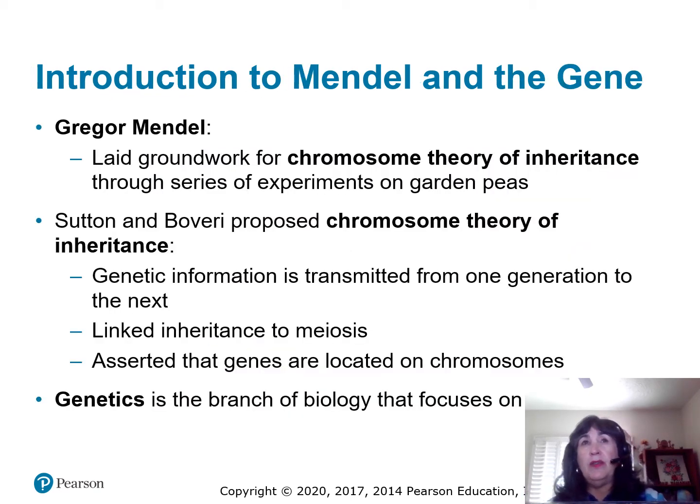Gregor Mendel is the father of genetics, and he always gives me hope because he was a man that had not succeeded in many areas in his life, and because of this he had ended up in a monastery. But in the monastery, he did some very prolific work with pea plants and started understanding how traits were passed from one generation to the next. And this is the chromosome theory of inheritance. And this was done through a series of experiments on garden peas, which is pretty fabulous.